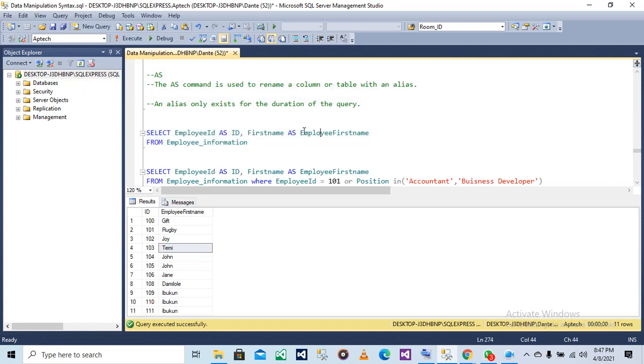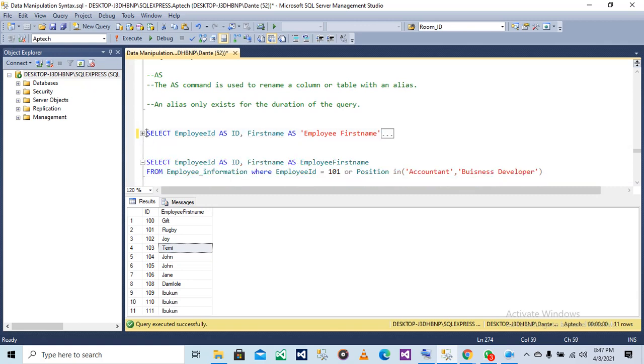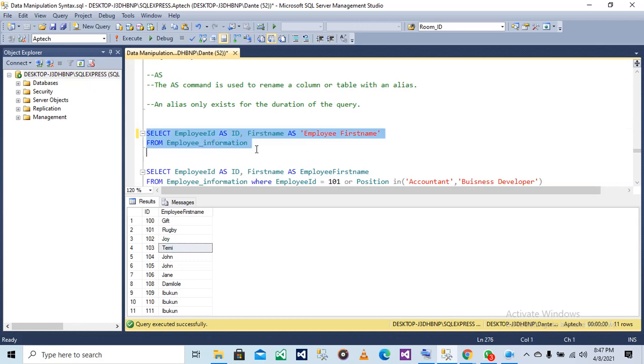So if you want to make this first name have space, you have to close it in quotation. Employee first name as employee first name. But if you put it together, there's no need to give space.